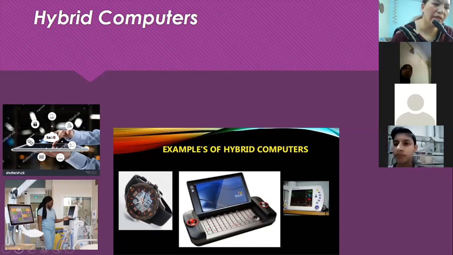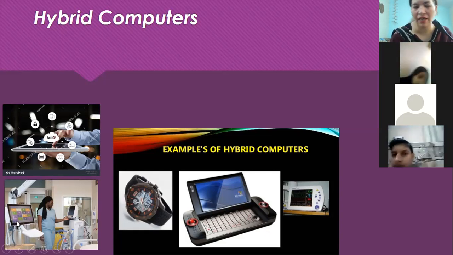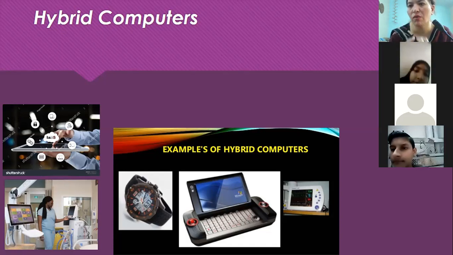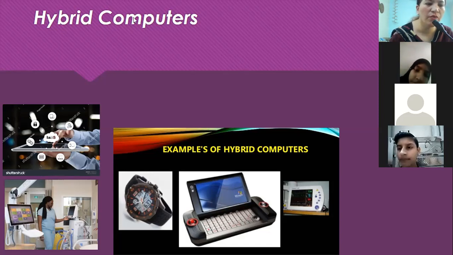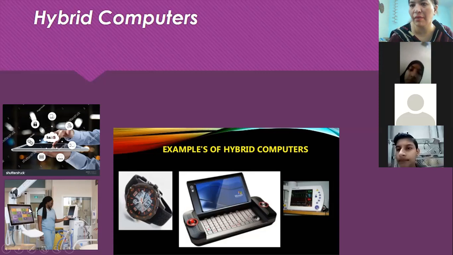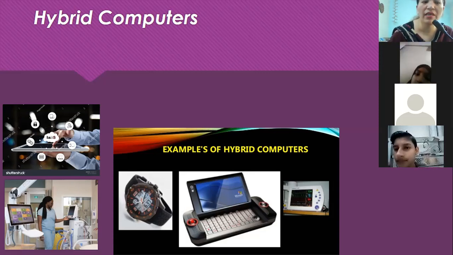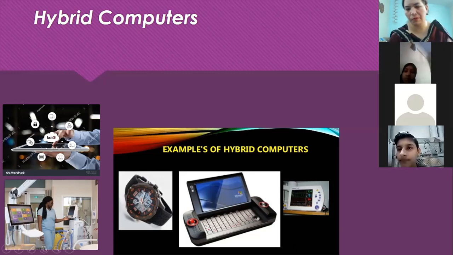This screen is the dentist screen. When a dentist scans someone's teeth, I'm talking about this screen. When the teeth are scanned, that is continuous data, a picture being continuously scanned. The result that appears here shows on scales, how many centimeters, how many millimeters, etc., whatever the size of the tooth is. Fine. So these types of machines are known as hybrid computers.